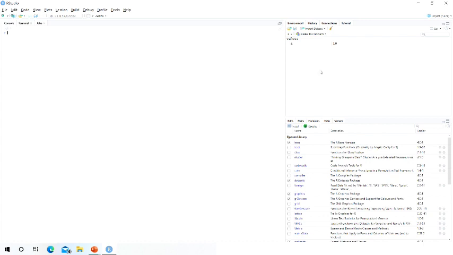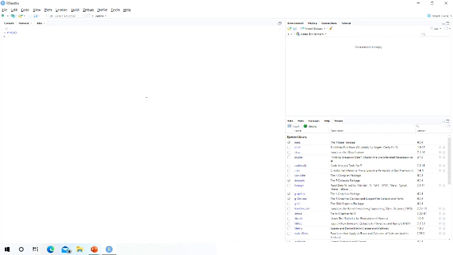We can also remove all the environment tab variables. For this we have two ways. First, we can use rm of the variable name. Here I have only the variable a, so I will give rm(a) and press enter. Are you able to see anything here? No, it says the environment is empty.